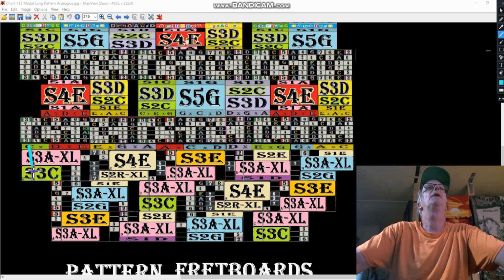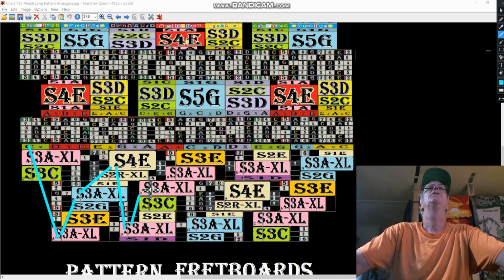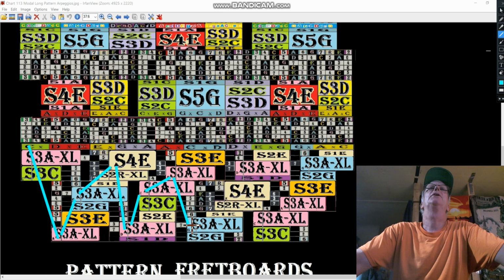There's the C pattern to the A. The A goes to the G right here. G goes to the E right here. E goes to the D. D goes to the C. C goes to the A pattern. A pattern goes to the G pattern. G pattern goes to the E pattern. E pattern goes to the D pattern. D to the C again. C to the